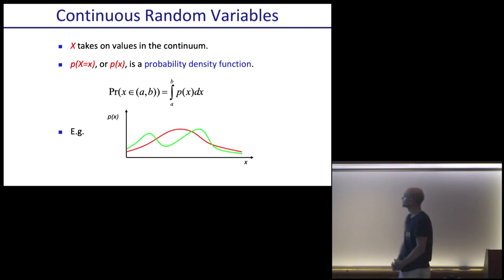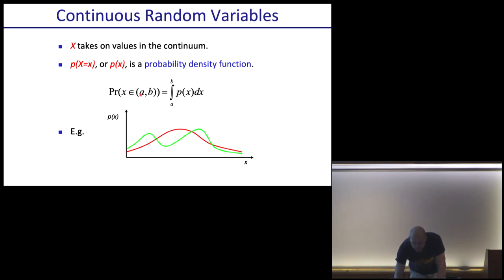Continuous random variables. X takes on a value in some continuum. You cannot now associate a probability with X taking on a specific value, because if it's infinitely many things, it's a continuum. If you want to assign finite probability to things, it'll sum up to something higher than 1, which we can't have. It needs to be summing to 1. So we can't sum anymore. We actually have to integrate now. So what we'll do is we'll say the probability density function is defined as saying that if you look at mass under the curve,